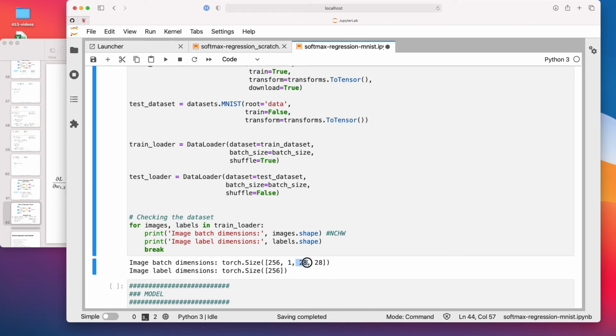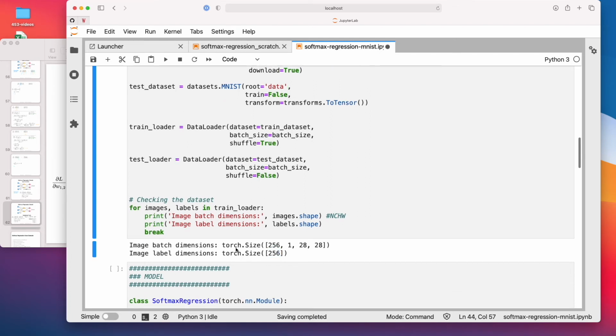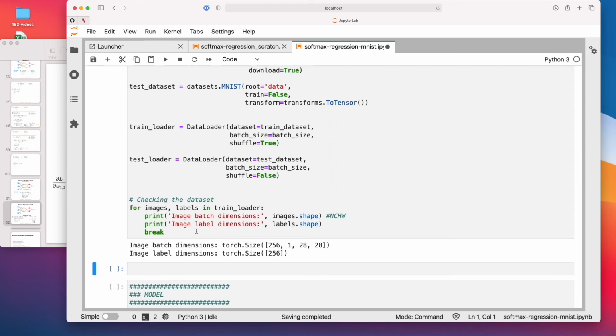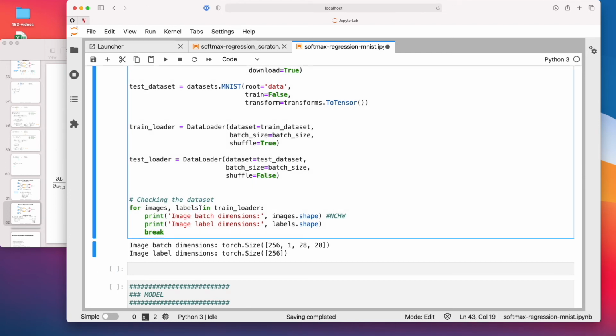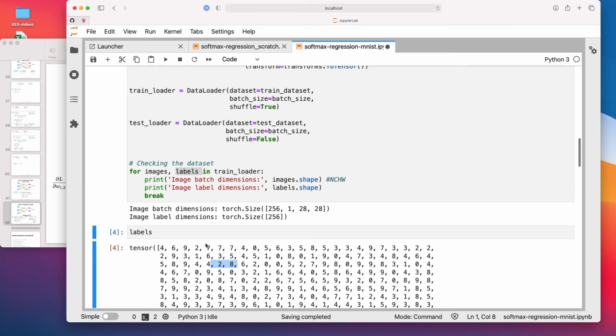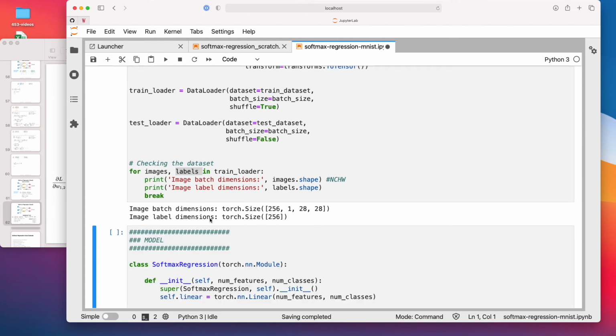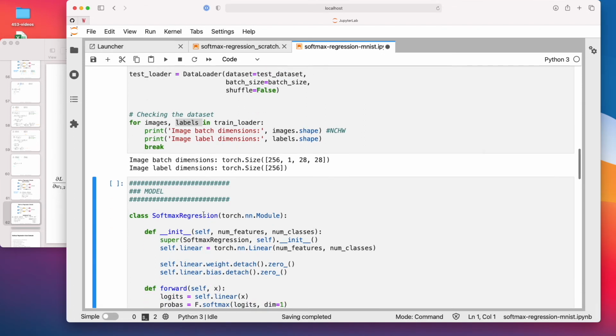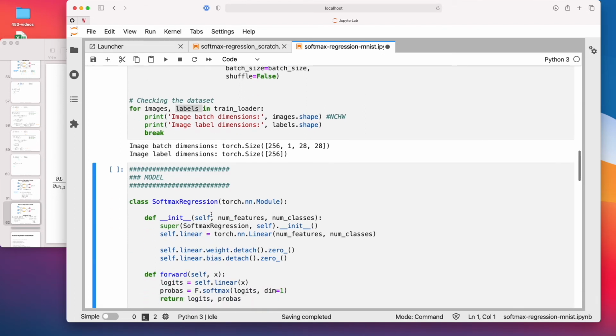And then we have the height and the width here. And the labels, of course, are a vector because that's just the numbers. And I should also tell you, these labels are not one-hot encoded. You can see that they are just the numbers, the class labels, the 10 class labels. It's not necessary to one-hot encode them because PyTorch does it automatically when we call the cross-entropy loss.